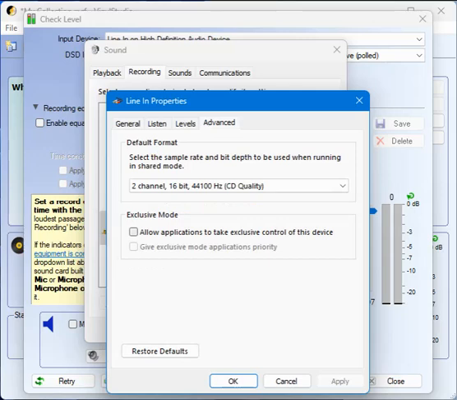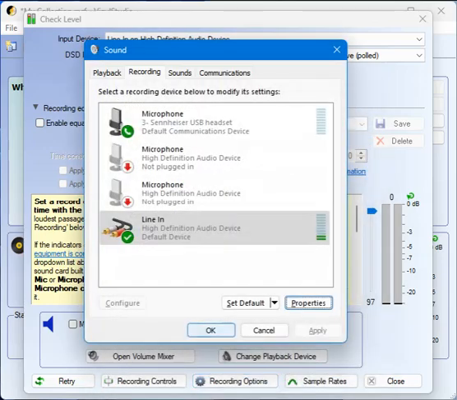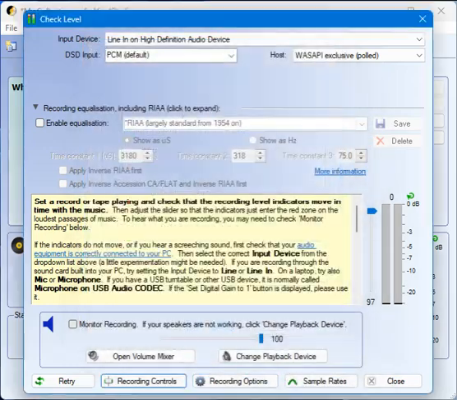And if you look here under Exclusive Mode, there's a checkbox, allow applications to take exclusive control of this device, and you'll see that that's not checked, and that's the cause of the problem. So if we check that, click apply, or OK actually is better, click OK, and then OK again, finally click retry,